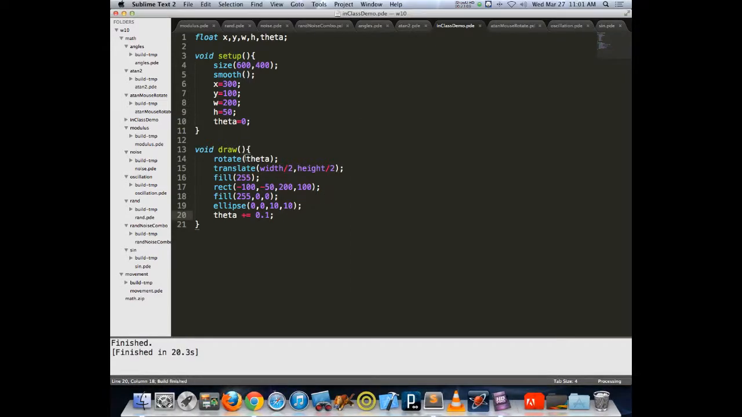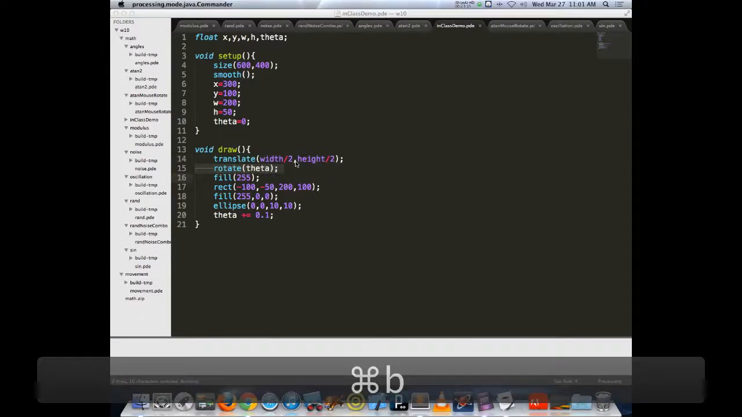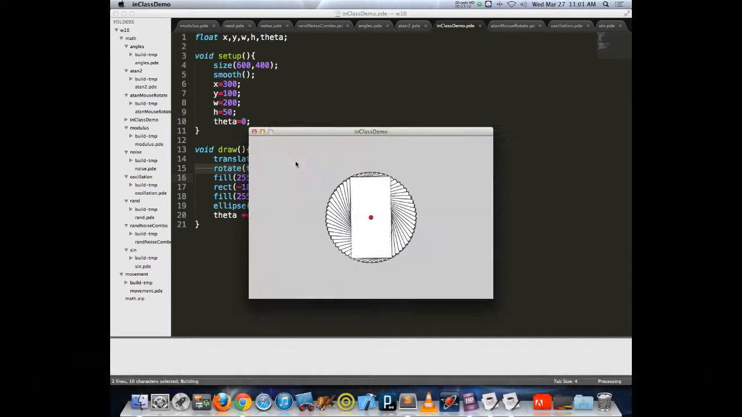I want the box to spin in place. But if we rotate after we translate, we'll now see that the object is rotating in place. Yeah, but something was not